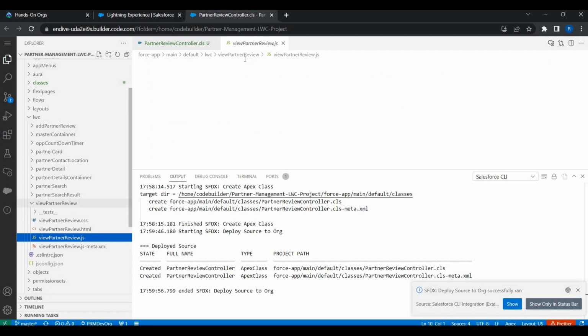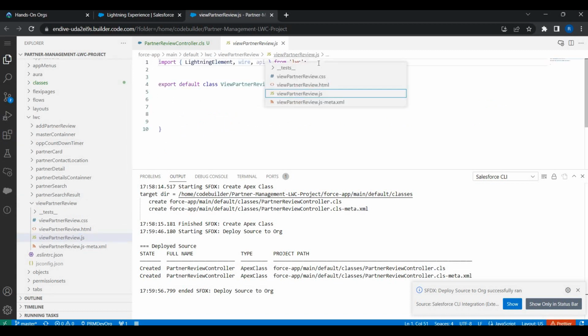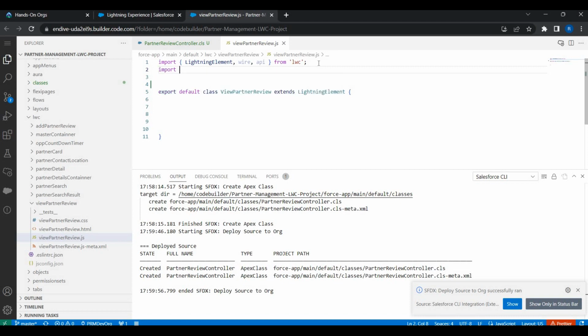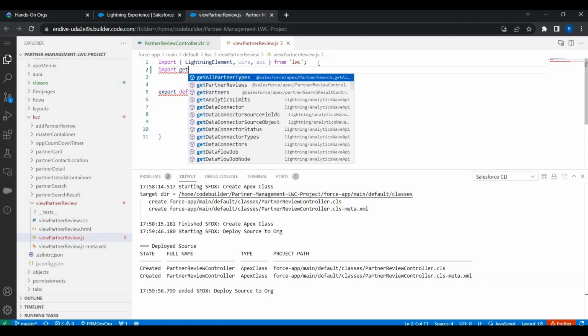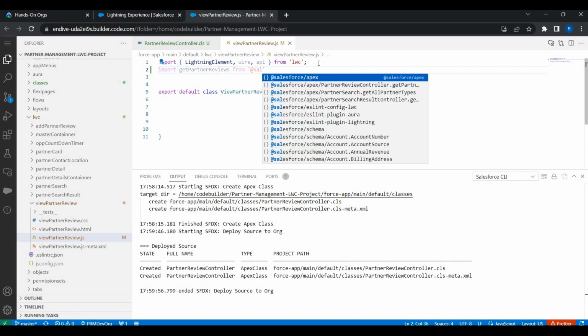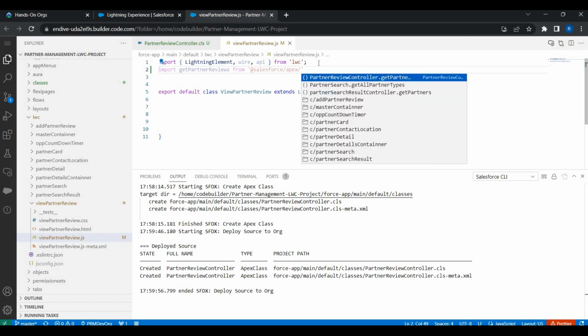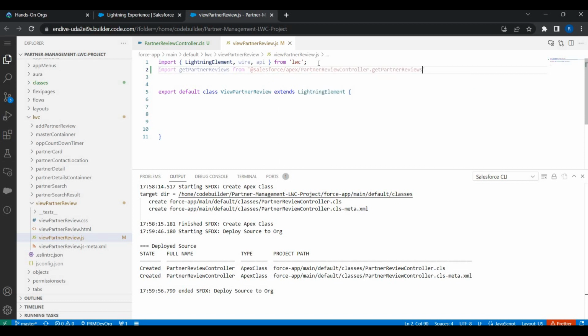So we have an empty JavaScript file. Let's try to bring that. So just say import getPartnerReviews from the Salesforce Apex package module slash PartnerReviewController.getPartnerReviews. That's it. So we are done with the import, and then the next thing we're going to do is